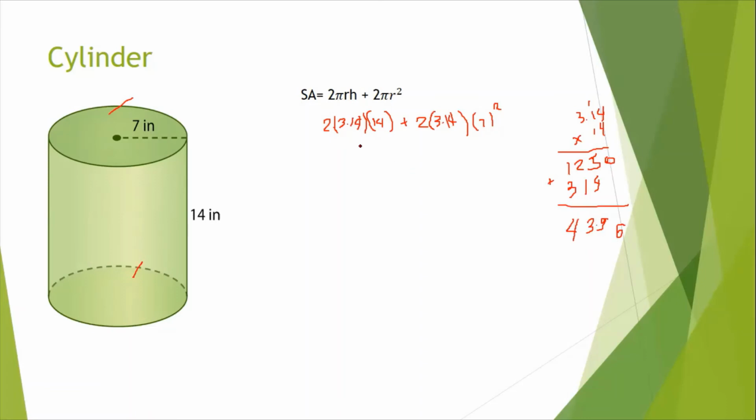So for this one, we have 2 times 43.96 plus 2 times 3.14 times 7 squared. Okay, so this time let's also multiply. By the way, let's deal with this one. 7 squared is 49. 49 times 3.14